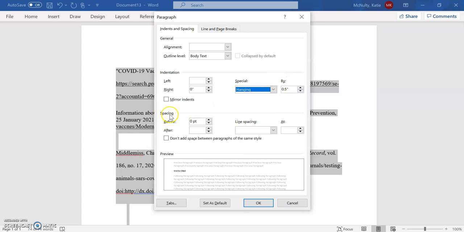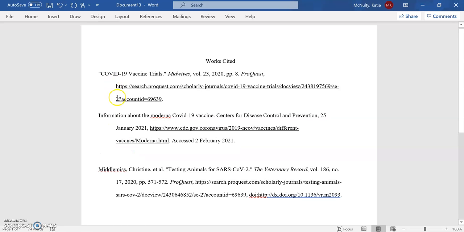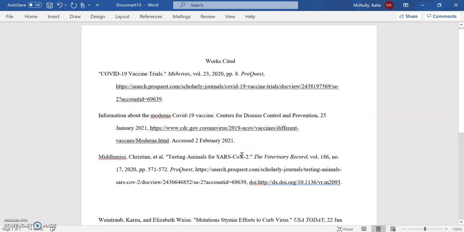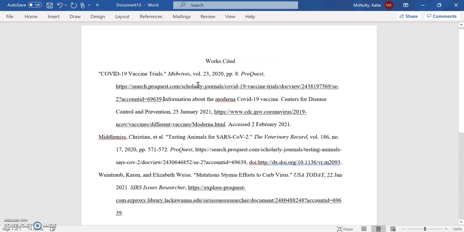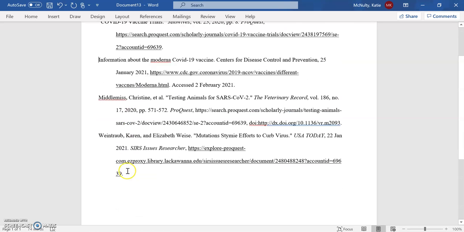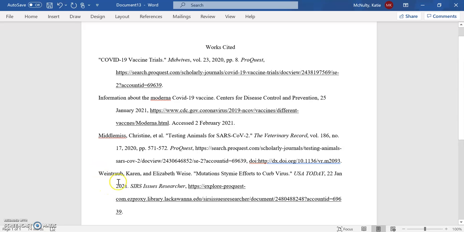Next, I want you to look at spacing, and we're going to put it in our usual MLA double space. Very important to click this box: Don't add space between paragraphs of the same style. And we click OK. And you'll see that after the first line, all lines are indented. So speaking of spacing, we do not want extra space in between sources. It's very tempting. We think it makes it look prettier. But no extra spacing. It just comes right after one another,